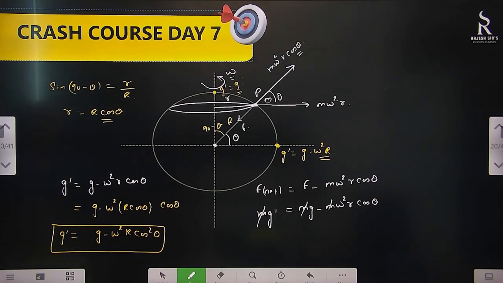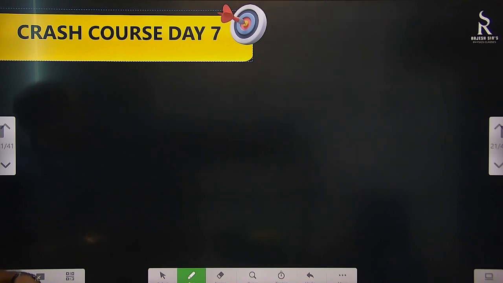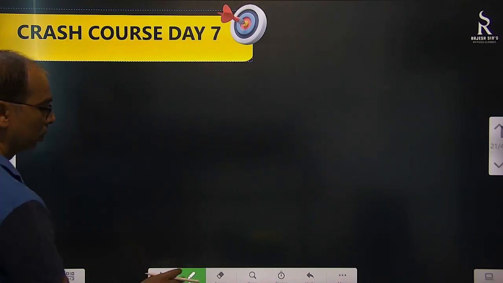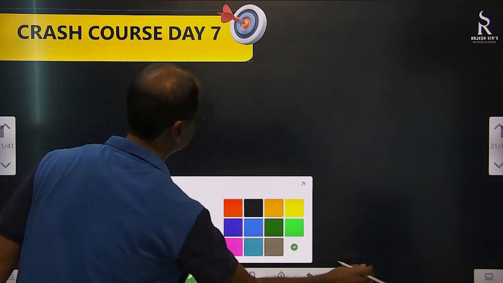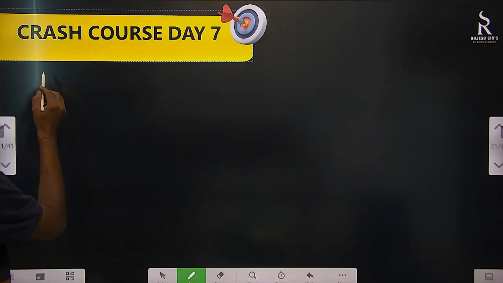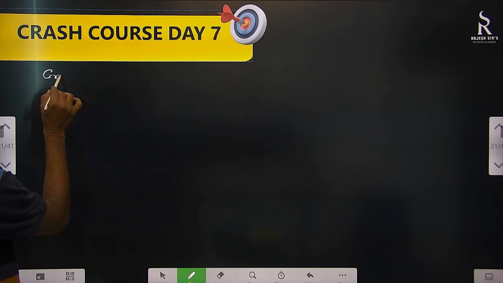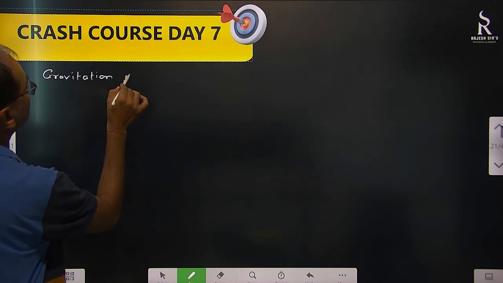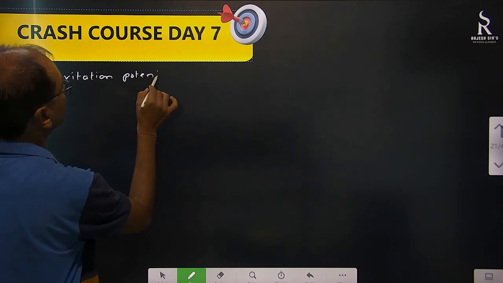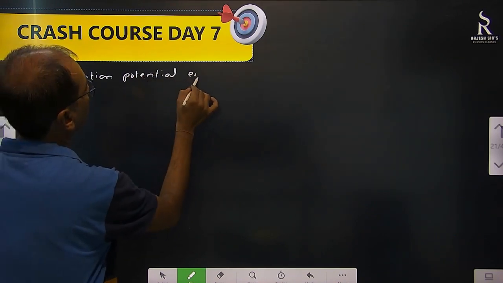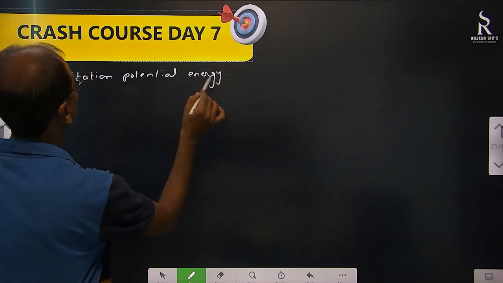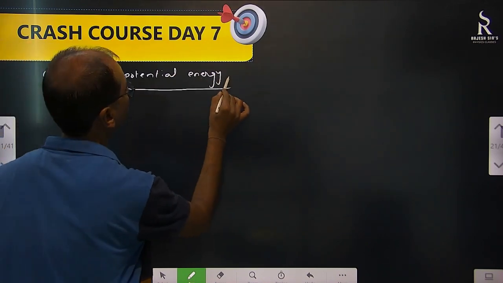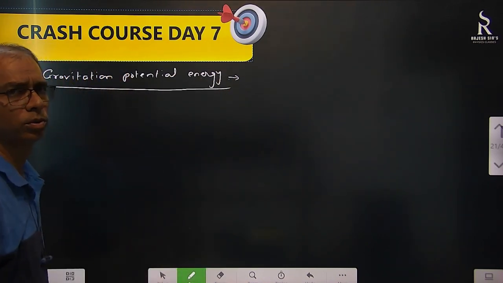Yes, students. So this is acceleration due to gravity. Okay. Then what more we have? We talk about gravitation potential energy. Gravitation potential energy. Now potential energy we all know, negative of work done by conservative force is equal to change